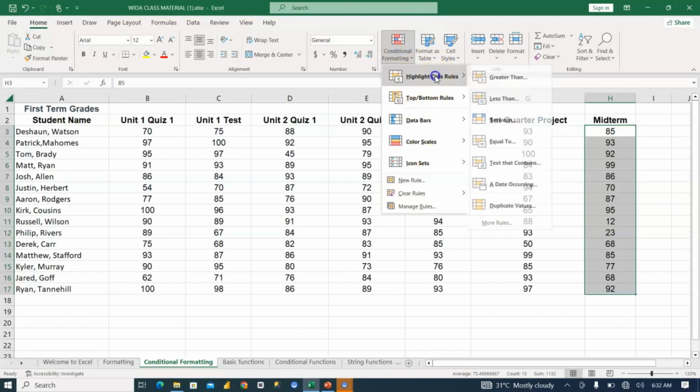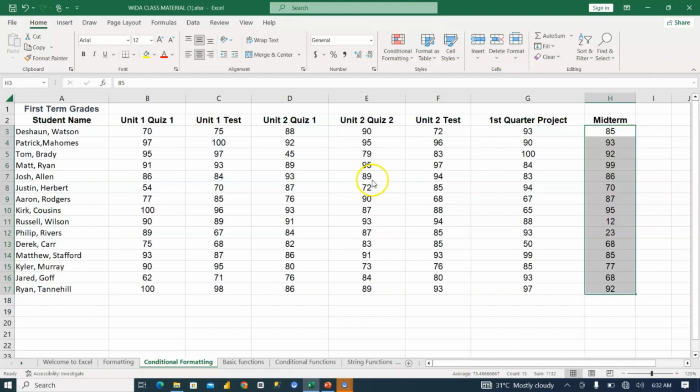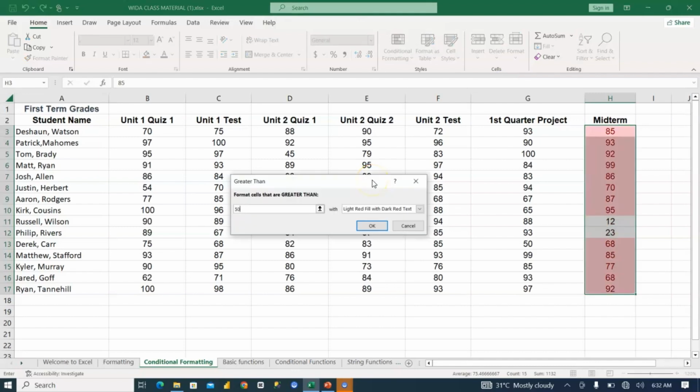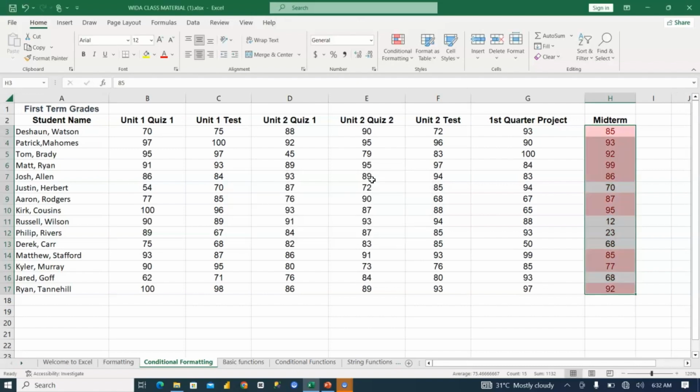So I can say, hey, I want to highlight cells. Highlight means I want you to give me a background color, but based on a condition. I want to format this cell on a condition. I want to highlight cells that are greater than, let's say, 50, or greater than 70, or greater than 80. So basically you are saying, hey, conditional formatting, I want you to highlight cells